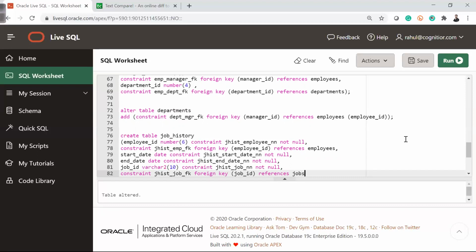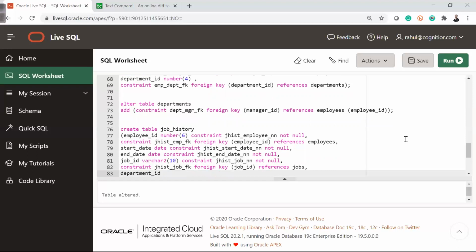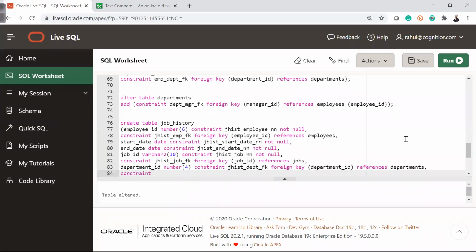This jobs was the table, comma, we have department ID number 4 constraint J hist DEPT underscore FK foreign key department ID references departments, and then we'll have one more constraint, jhist emp underscore id start date pk